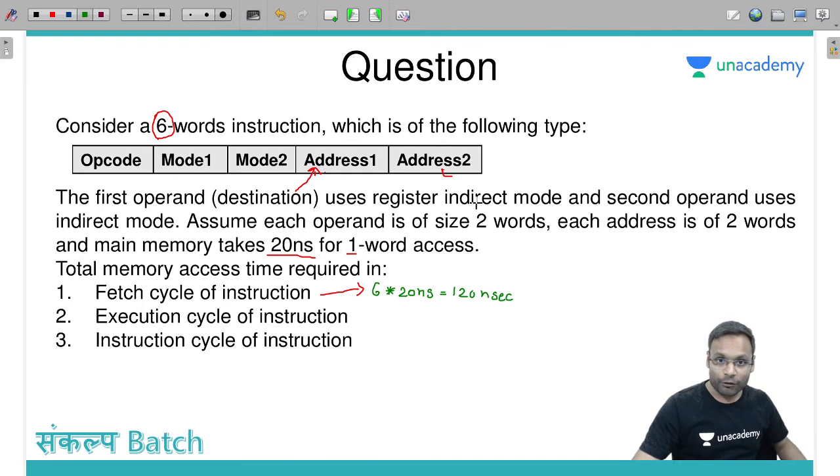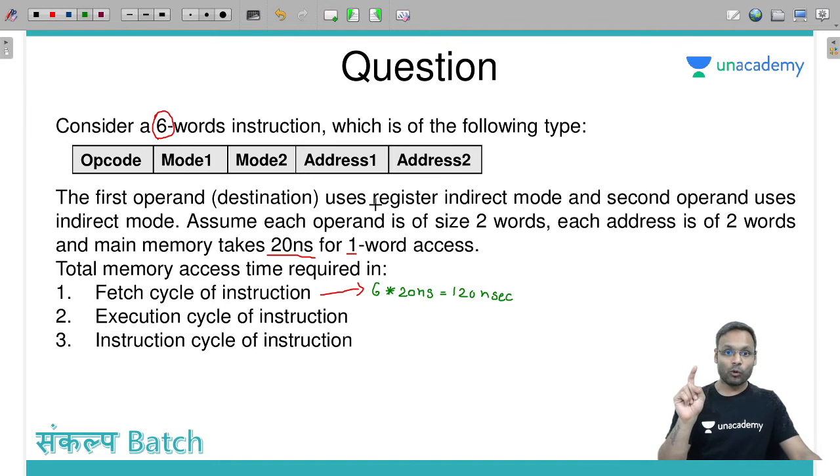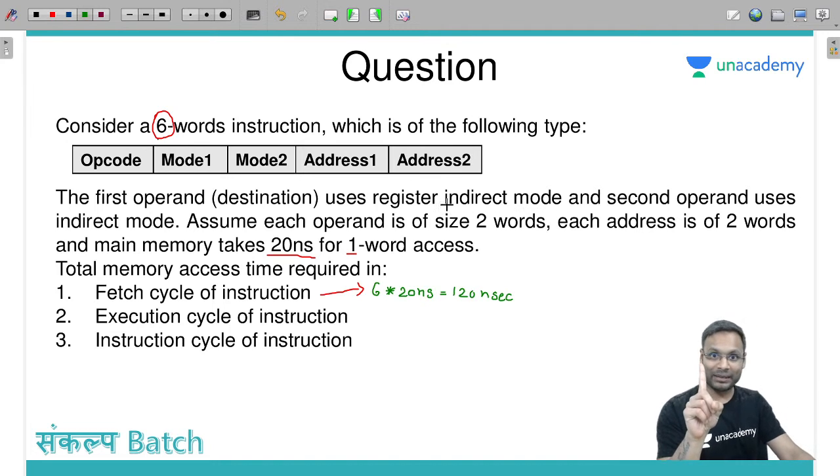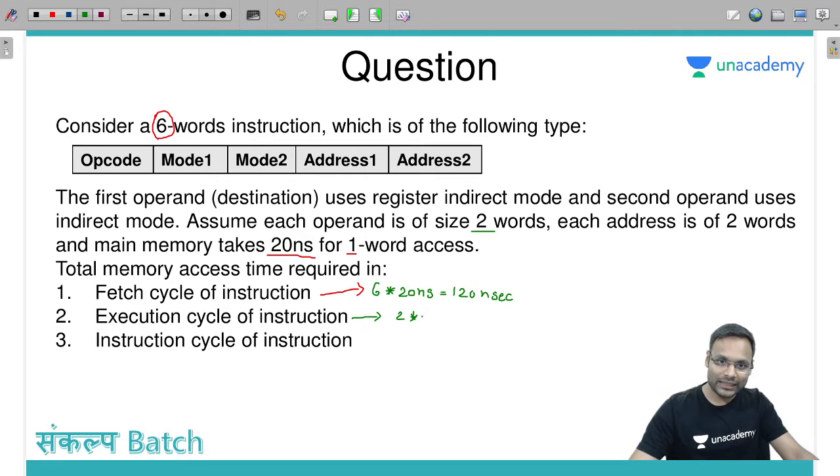So in this one, फर्स्ट ऑपरेंड, अगर मुझे फर्स्ट ऑपरेंड चाहिए, द फर्स्ट ऑपरेंड विल टेक हाउ मेनी साइकिल्स? फर्स्ट ऑपरेंड फेच विल टेक हाउ मेनी साइकिल्स ऑफ मेमोरी? Indirect mode, register indirect mode, only one memory access of the operand of 2 words, and one word is 20 nanosecond. So initially for first operand access, 2 word access of 20 nanoseconds. After that,